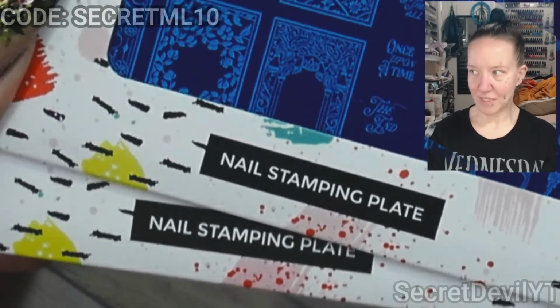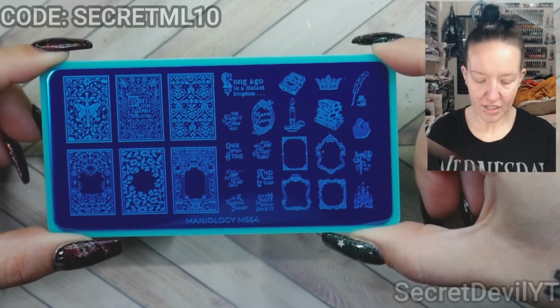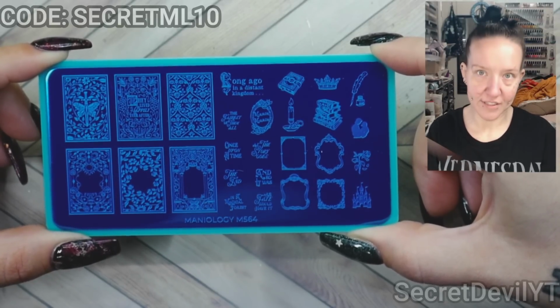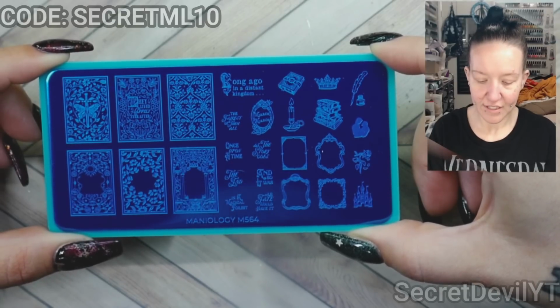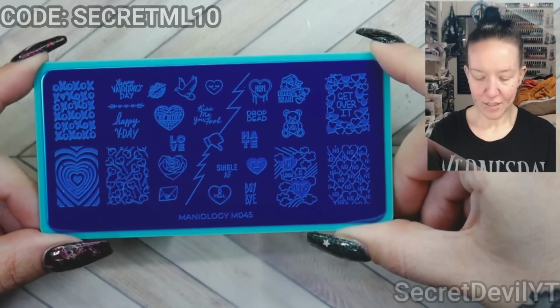Now let's look at our plates. I did get to pick these out. So I picked M564. This one is about fairy tales. And I am a massive fan of fairy tales, so of course I had to pick this one. I definitely want to use it to make like maybe a love story fairy tale. We'll see. And then we also have